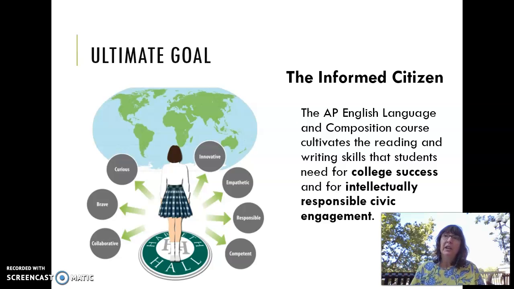The skills that you'll get in here are skills that you'll take with you out into the world for college and beyond. And I put this little image of the Harpeth Hall girl and the global innovation because these things really seem to mirror one another. The things that we're trying to get you to reach out and appreciate through our global education at Harpeth Hall are the very things that this course will help prepare you to do as well.